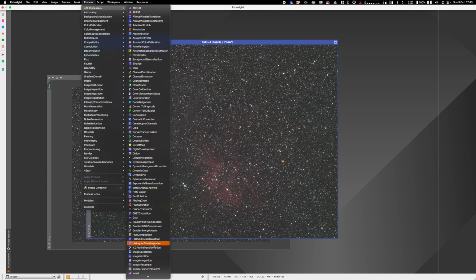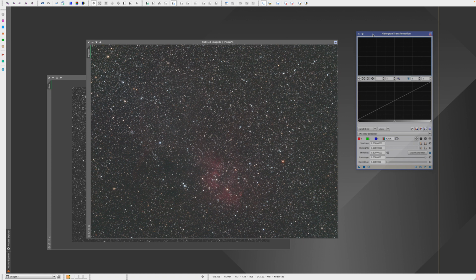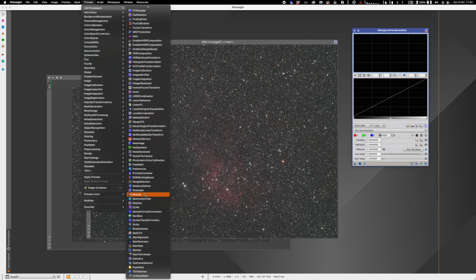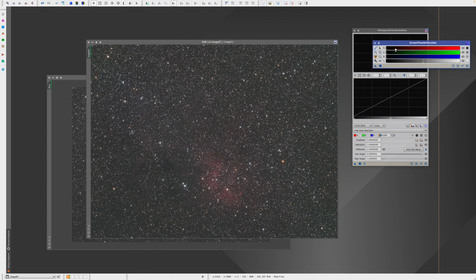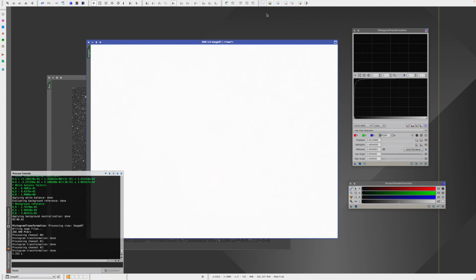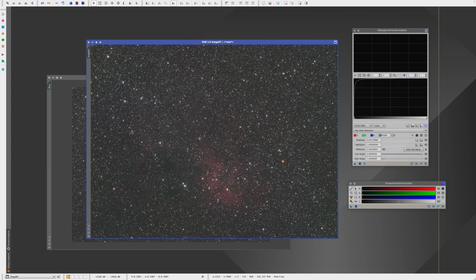So if we go into our histogram transformation, I kind of like the screen transfer stretch that's on it, so I'm just going to copy that. To copy the stretch that the STF has, we take our screen transfer function here, and we can drag this little triangle down here. There's a little bit of a quirkiness with PixInsight, but this will apply the STF to the histogram. You can see that it's changed to this stretch here, and then we can apply this to the image, and then turn off the stretch, and we should have the same stretch. So it's the same stretch as what we had for the linear data in screen transfer mode, but now